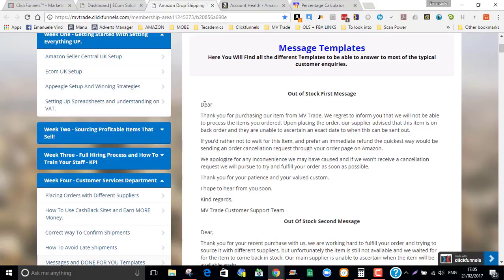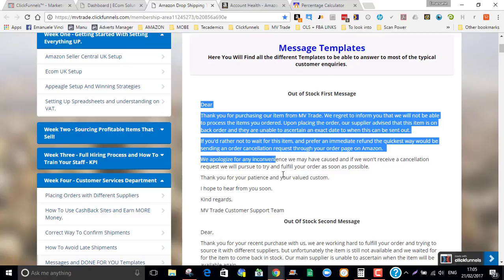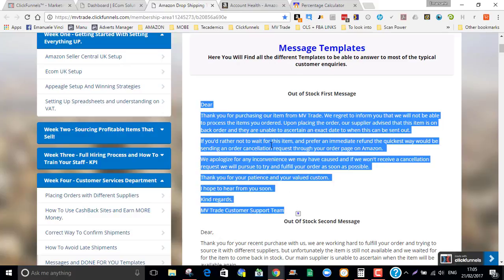So after the 1st day, we usually wait 24 hours just in case the item gets back in stock. If it doesn't, and we need to ship by day 3, on the 2nd day we send an out of stock email telling the customer we don't really know when we'll be able to get the item, but if you prefer to go ahead with a cancellation and get a full refund immediately, feel free to do so. And then we wait, and we might also send a text on the 1st day just in case they've not seen the email. And then on the 2nd day we do the same again,